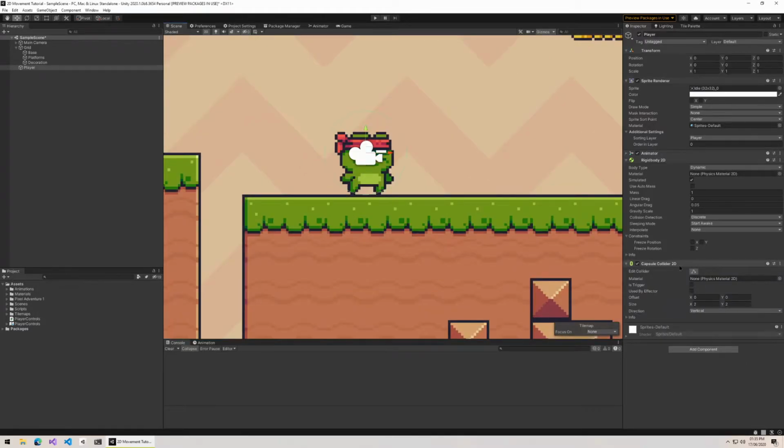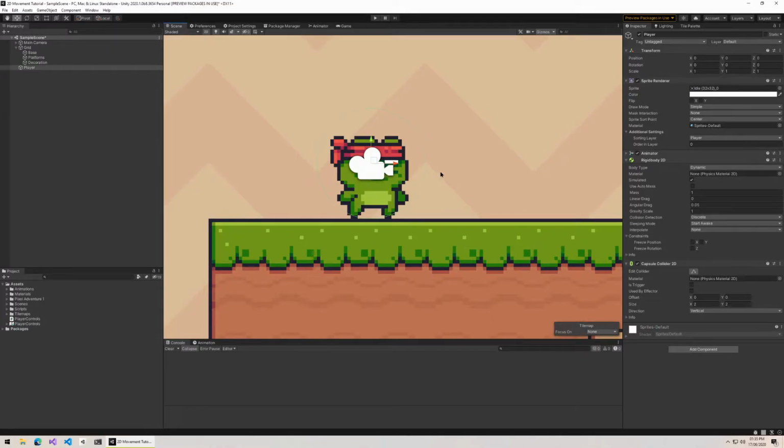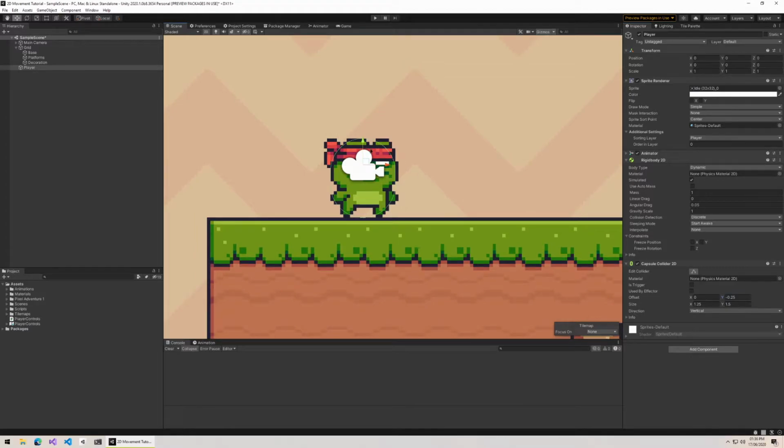Make sure that's 2D variant, and we're just going to resize this to fit our player now. So the size, I think we want maybe 1.25 on the X and maybe 1.5 on the Y, and we're going to lower that down a bit. So now that our collider looks like it fits the player pretty well, we're going to click add component again,